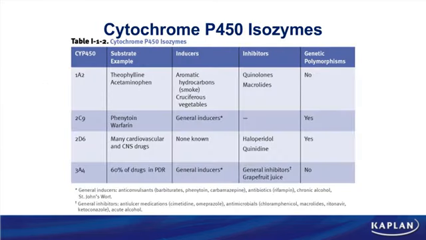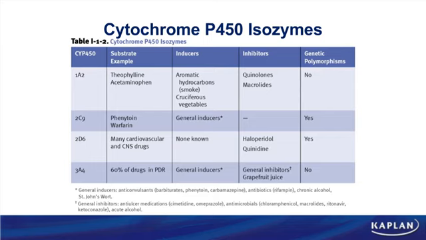Remembering that there are a lot of P450 enzymes, this table illustrates just a few of those families, like the 1A2 and the 2C9 and the 2D6 and the 3A4 families. So not all of the families are represented here. We just picked a few select ones to show you in this table. I will tell you that even though this is an important table, it is impossible for you to memorize